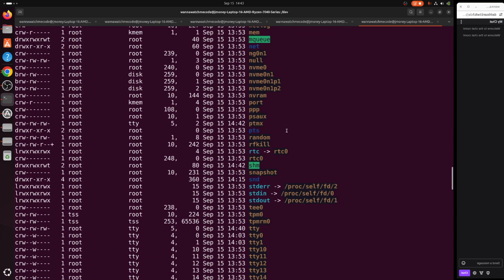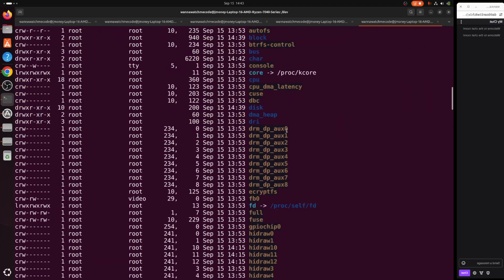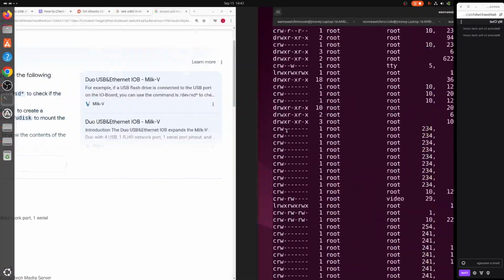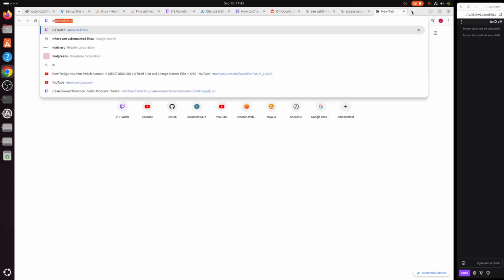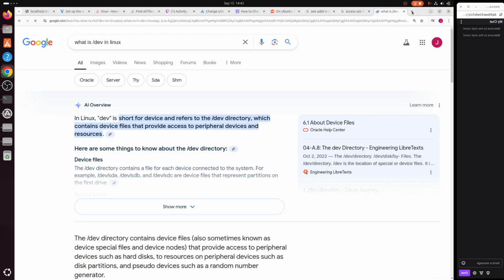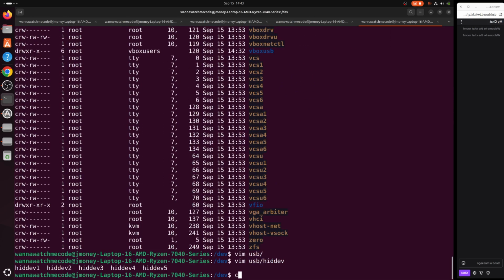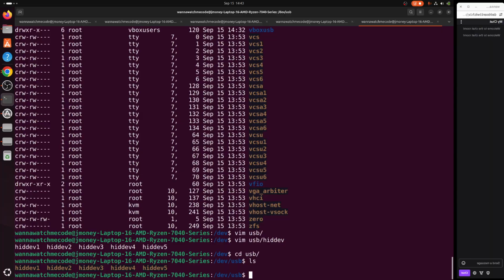What is dev anyway? Let's go back. What is in dev Linux? Short for device and refers to the dev directory which contains. Okay, so this is probably what we want. Let's go to cd USB, ls, and then let's